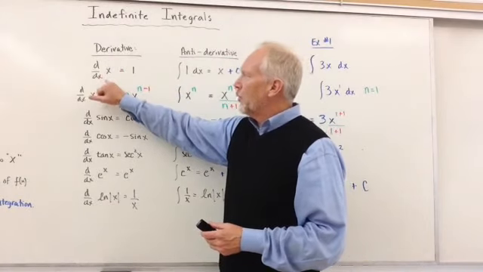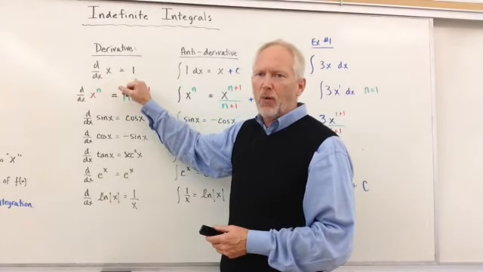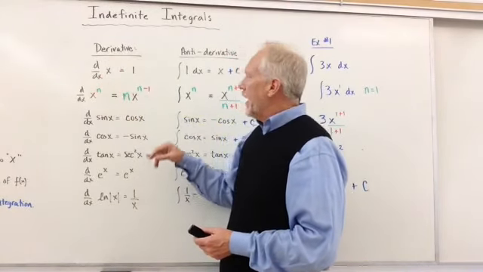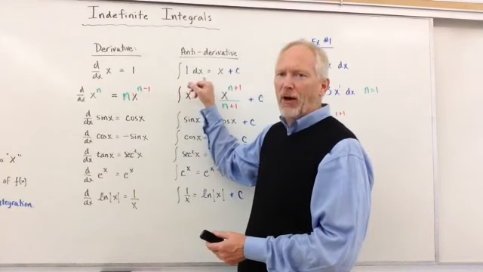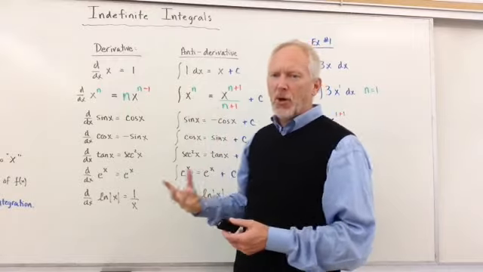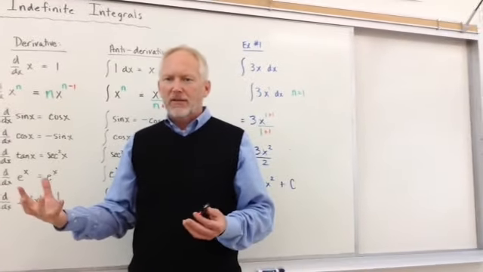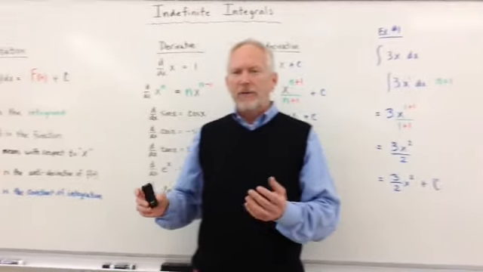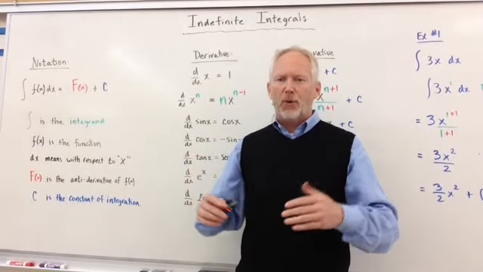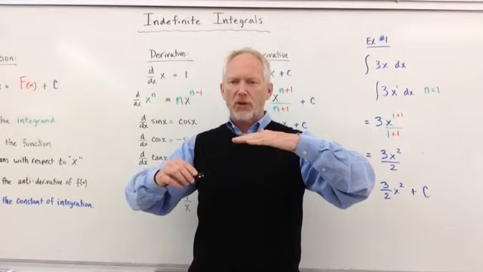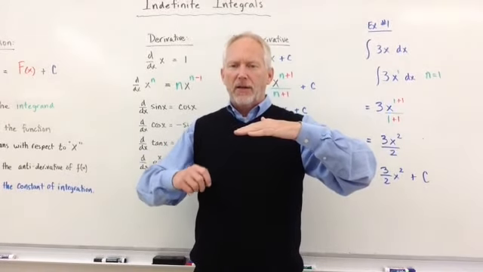If we were going to take the derivative of x, we would get 1. And interestingly enough, if we take the antiderivative of 1, we get x. So basically, the antiderivative is the undo of the derivative. So here you have a function, and you have